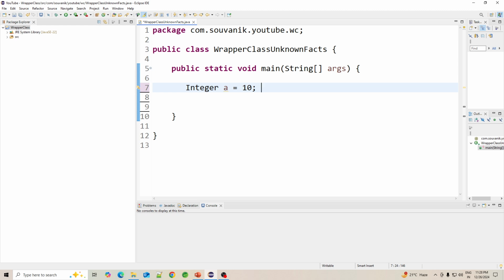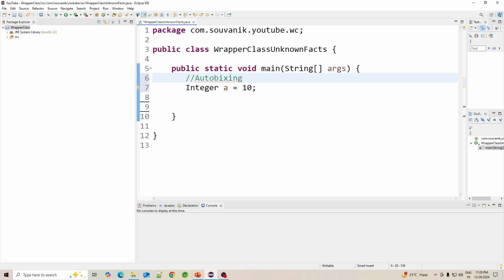This is happening because autoboxing is happening internally. Autoboxing means automatic conversion of Java's primitive data type to the corresponding wrapper class object. That is called autoboxing.